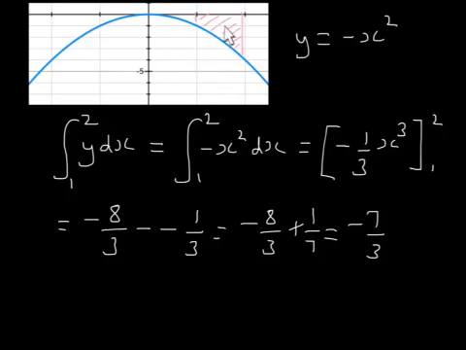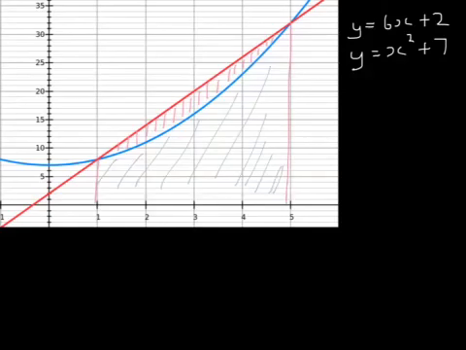Now things get more interesting when we have shapes like this. Here we've got two graphs. The equations of these graphs are y equals 6x plus 2 and y equals x squared plus 7. And we need to find the area between the two graphs. Now, the straightforward thing is to find the area here that I'm going to shade in blue. That area, which let's call A,